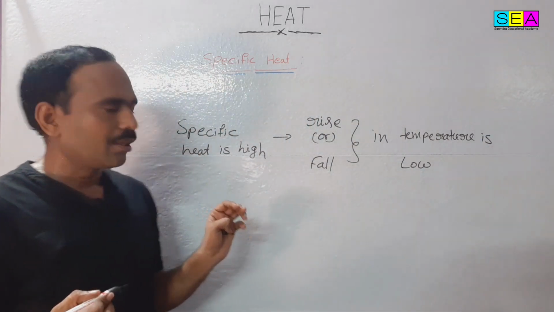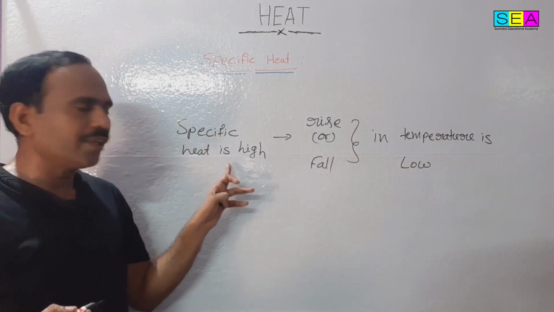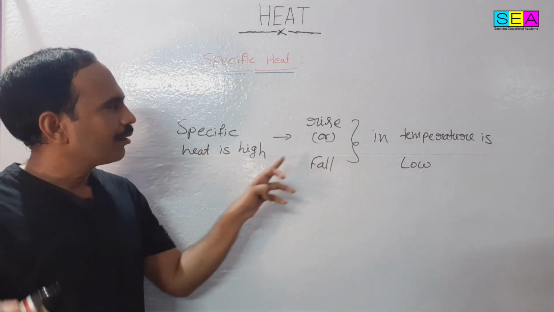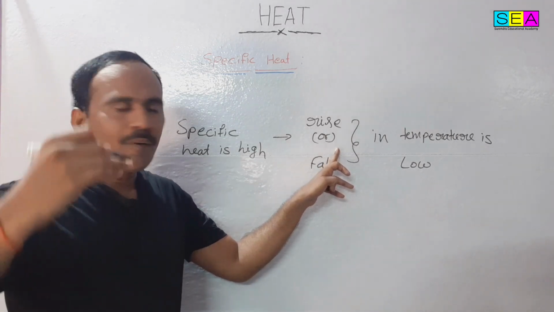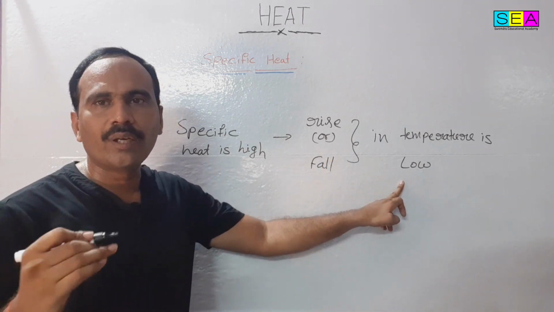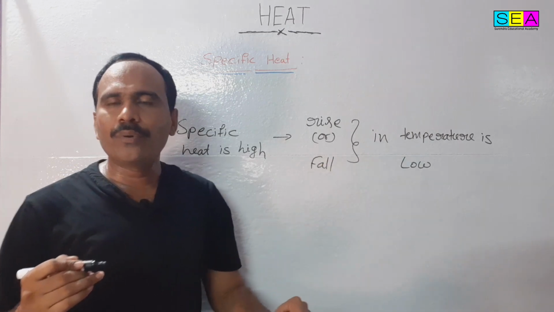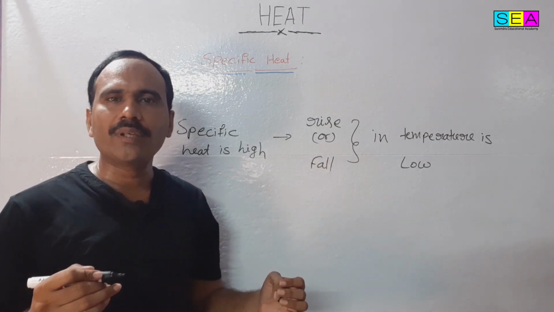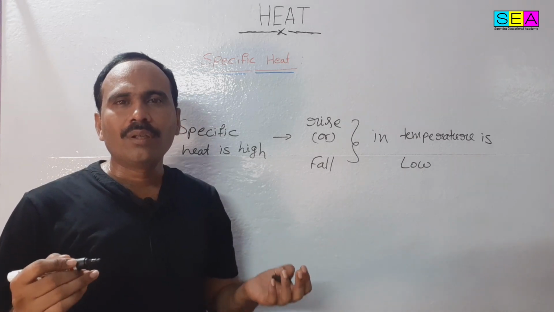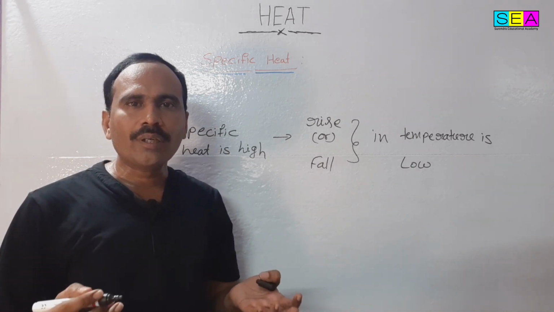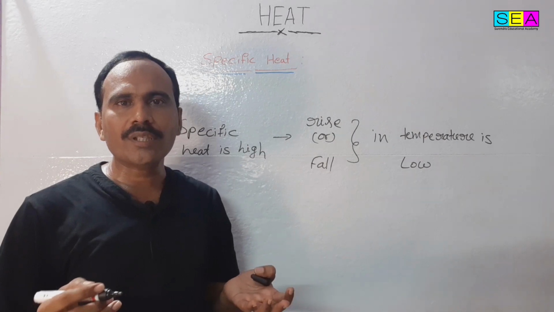That means, if one object's specific heat is high, in that object temperature rising or falling is very low. For example, in the previous activity, heating coconut oil and water, coconut oil's temperature is rising faster than the